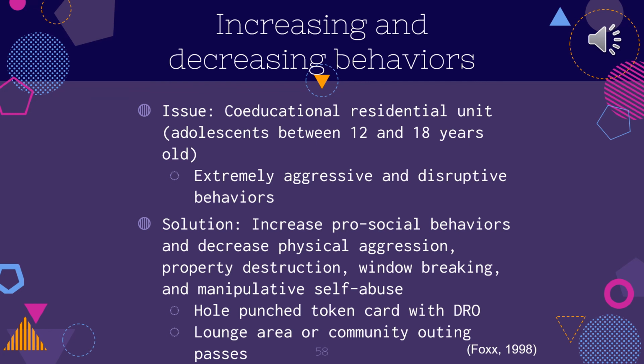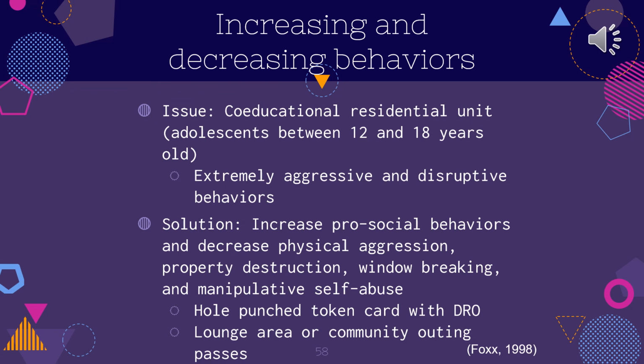The next example, conducted by Fox in 1998, used a token economy to increase and decrease a variety of target behaviors. The issue: adolescents between the ages of 12 and 18 years old in a coeducational residential unit were exhibiting extremely aggressive and disruptive behaviors. The solution to this problem was to increase the prosocial behaviors and decrease the inappropriate behaviors